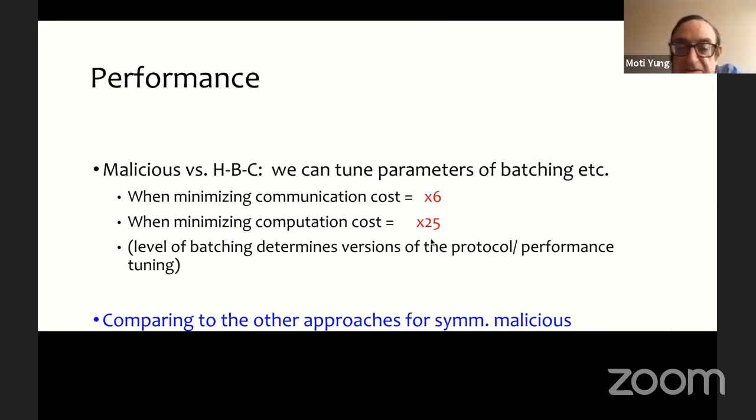Here, this 6 and 25 is how much we had to pay compared to the honest, and this is how much we gain compared to the other malicious contender in the marketplace. And this is 64 times better for a 1,000,000 entry case. This was implemented and checked against the other implementations.